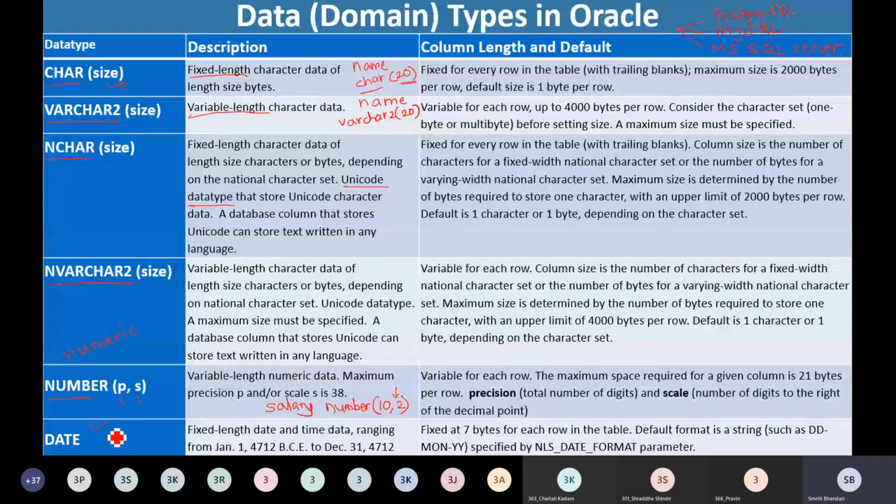So if my attribute has data type date, then it is possible for me to manipulate those dates. I can use arithmetic expressions, right? I may add a few days, I may subtract a few days, or I may find out the difference between two dates and so on. Such kinds of arithmetic operations are possible if we designate the attribute as date. So these are a few important data types under Oracle, and those we have covered.